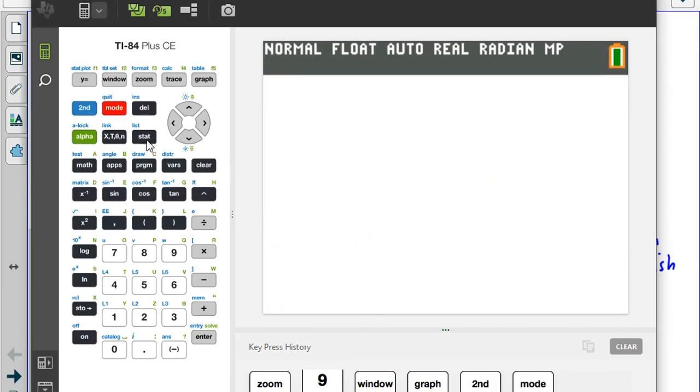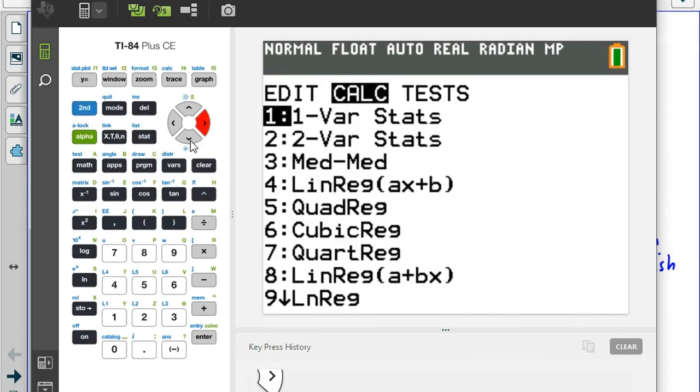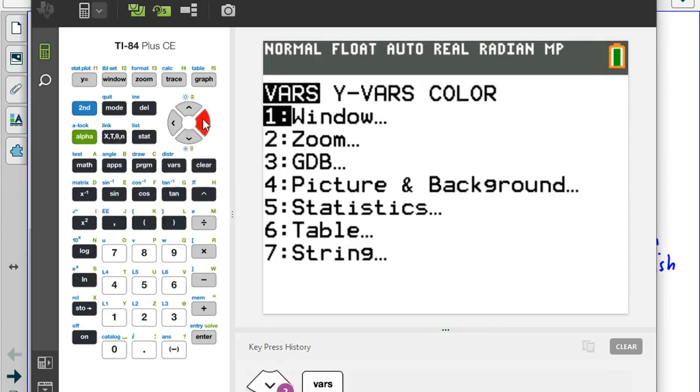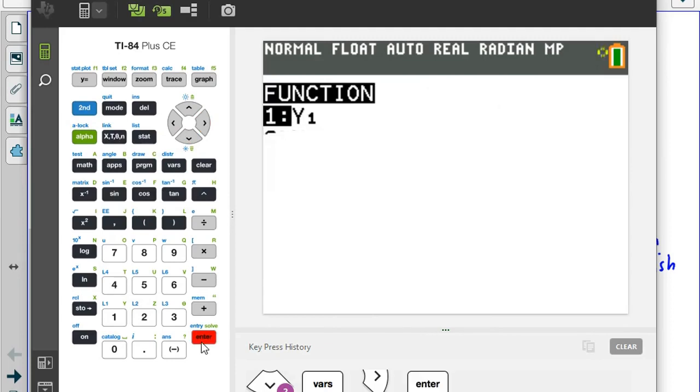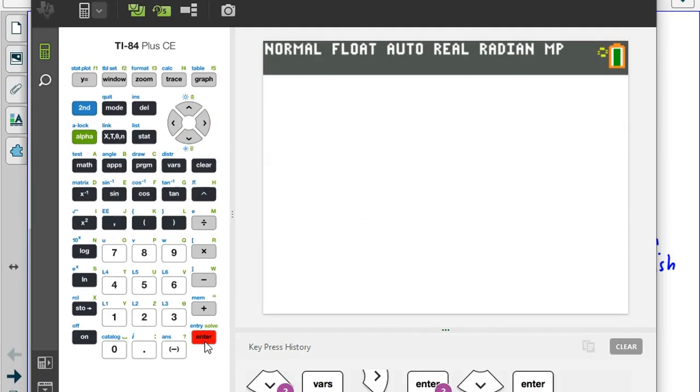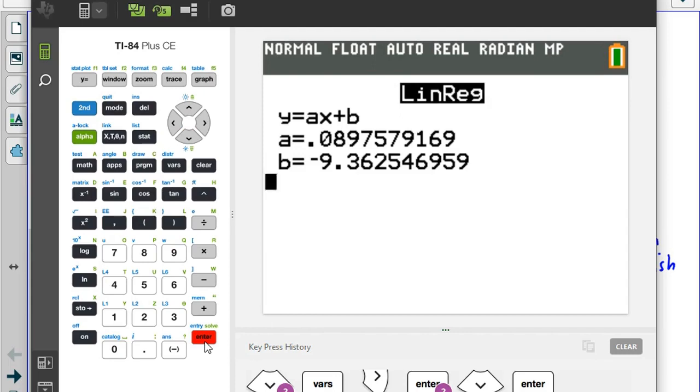Now, if I want to do a line of best fit, I would go to number 4. Notice my X list needs to be L2 and my Y list needs to be L1 if I wanted to do this. Again, if I hit vars function Y1, I get an equation, and the equation ends up being